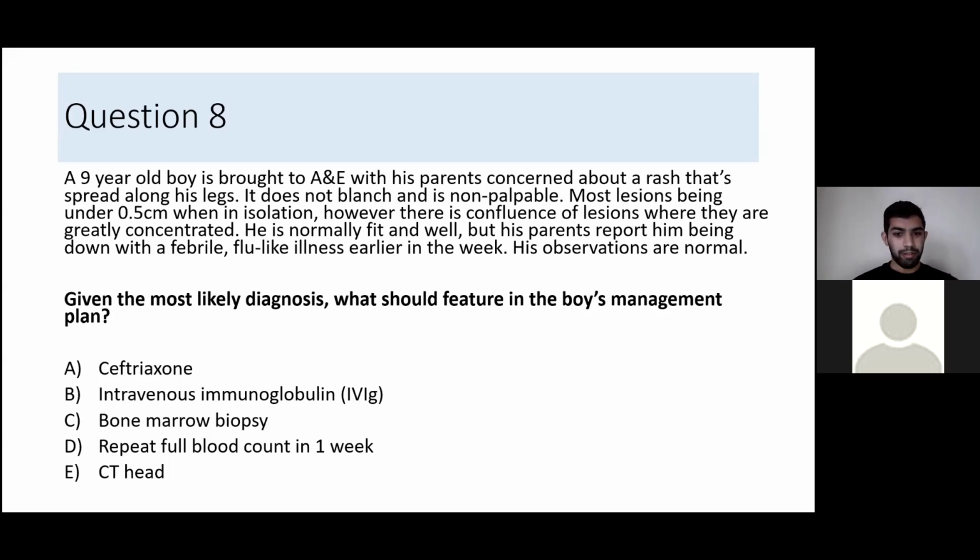Okay, got quite a spread of options. So a third of you have pretty much gone for options A or D, and 15% of you have each gone for options B and C, and under 5% of you have gone for option E. So the description here is actually of quite a well child who just seems to have a non-blanching rash, primarily along their legs. So the child, and we can see that their observations are normal and that the flu-like illness